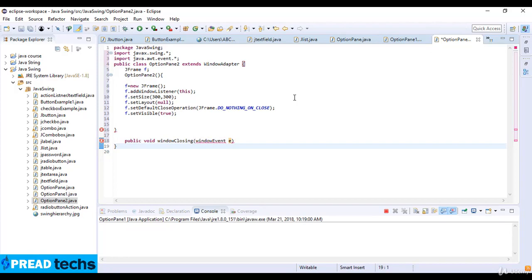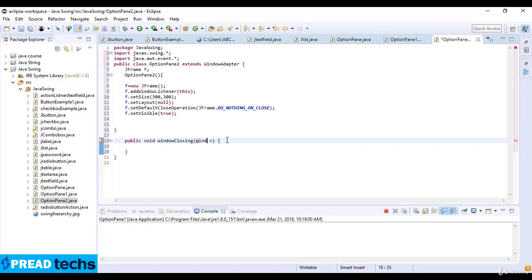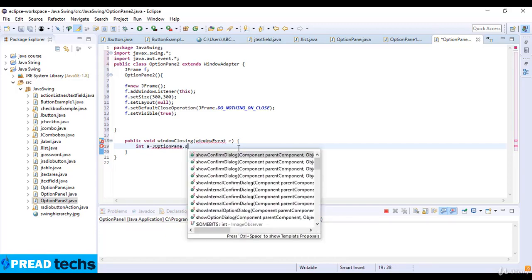So this is the adapter here, and it's a window event, and window closing. Okay, now I just take an integer a is equal to JOptionPane dot